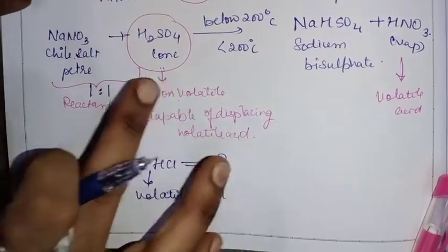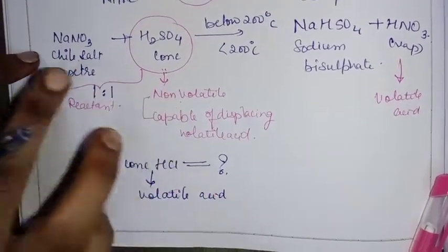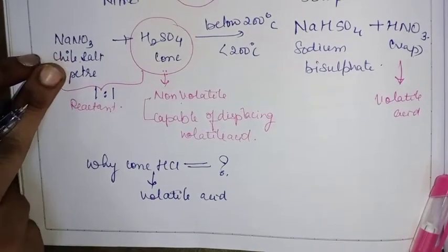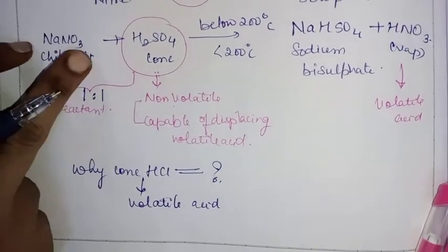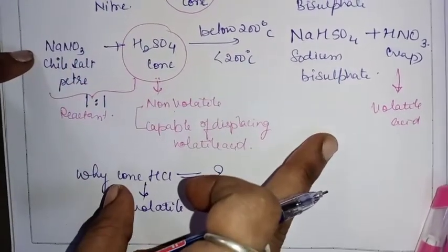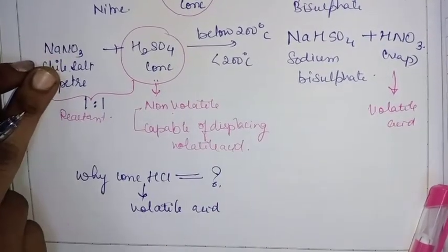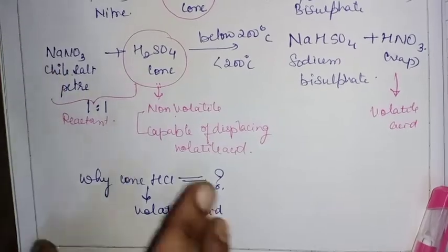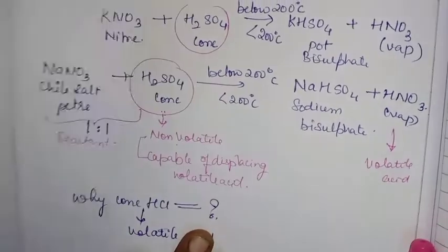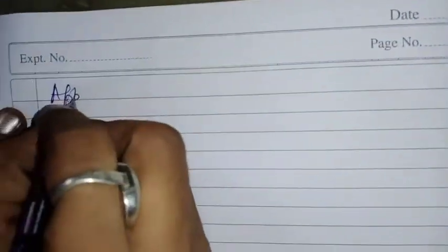We have discussed both of these. This is cheaply available. Hence we will use the salt of the same acid which we have to prepare. We have to prepare nitric acid, so we will use its salt. Then let us discuss the apparatus, children.